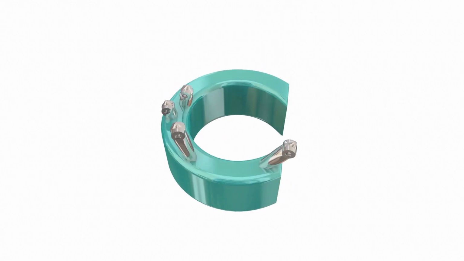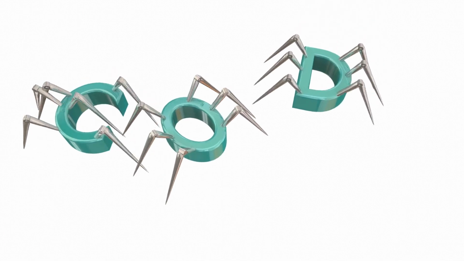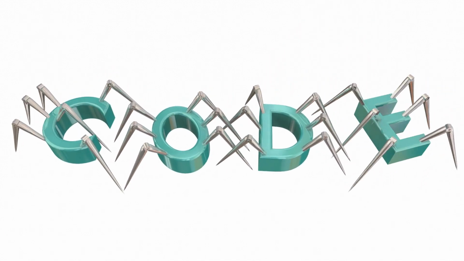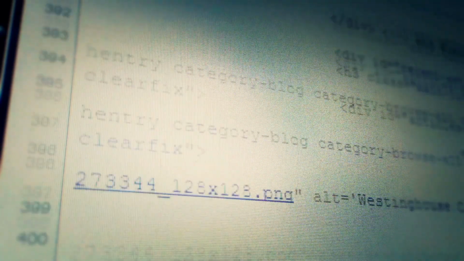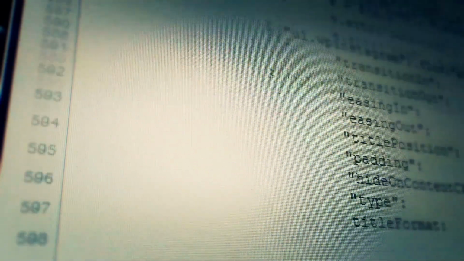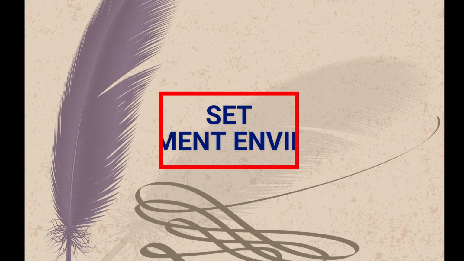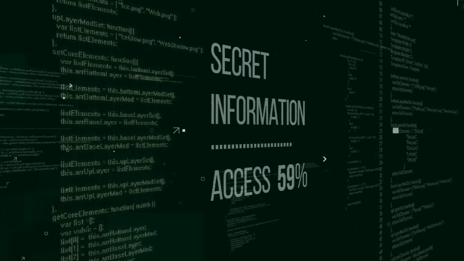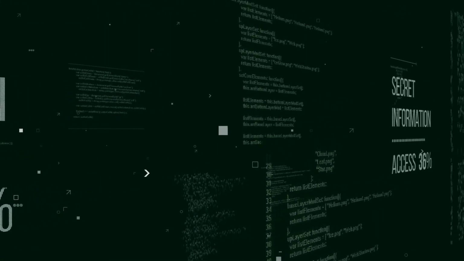Next, we will choose the programming language and tools. Here we will select a programming language and any other necessary tools and libraries that you need. You can select what is appropriate to your research project. How to choose the programming language depends on the nature of the problem that you are going to address. Then, set up the development environment. Here we will install the respective software on the computer.